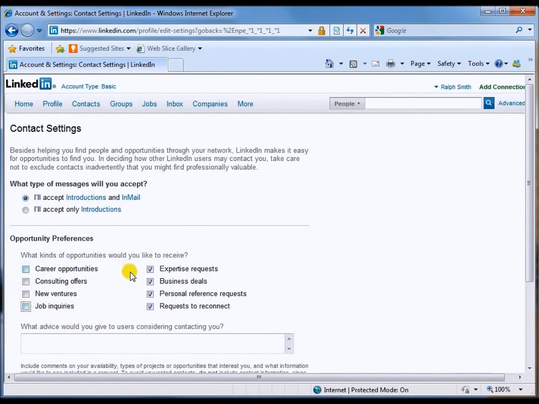We will leave on expertise requests, business deals, personal reference requests, and requests to reconnect. I believe those are important things that we want to have people know that we're interested in doing. What advice would you give to users considering contacting you? Again, many people want to get in touch with us via our email and want to be able to link to us. So I suggest in here we put in, once again, so it'll be